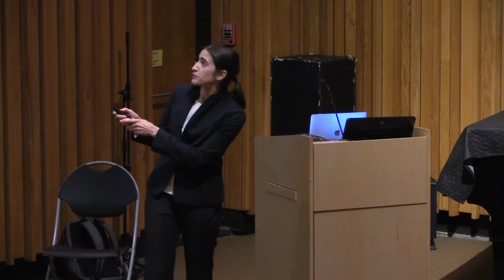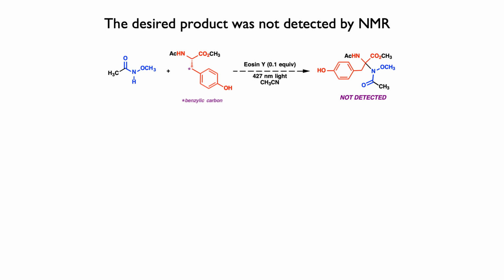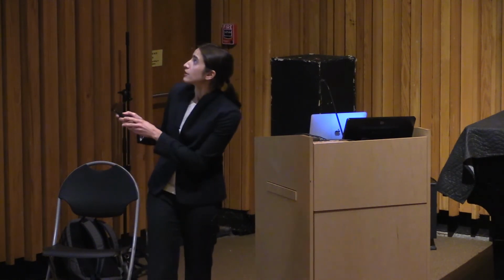All right. Unfortunately, when we ran NMR, which is basically the first thing you do when you run a reaction in organic chemistry, we could not see any of this by NMR. This was the first reaction we were trying to do. That was unfortunate because NMR is a quantitative technique, which I didn't mention. If the reaction were happening to any significant extent, we would be able to see it well by NMR. The fact that we don't see it means very little product is forming, very little of this.